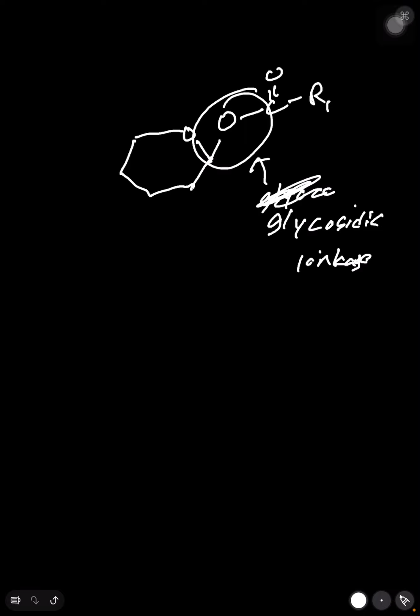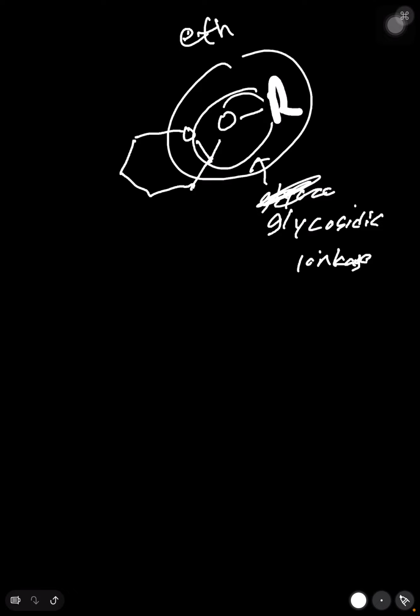All right. Actually, I made an error there. Let me fix something. Usually there's not a carbonyl group. Usually it's arranged so that the carbonyl group is not part of that. Then it's not a glycosidic linkage anymore. So that would be an R. I wrote that really thick, didn't mean to, but you get the idea. So basically it's kind of an ether linkage